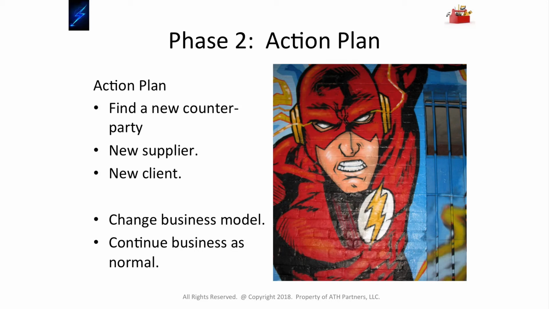The action plan is controlled by your first analysis, by step 1. How much time do you have? If you are looking for a new alternative and phase 1 tells you that you're not going to have any trouble for another 6 months, then you could be very choosy about your new supplier because you're in a power